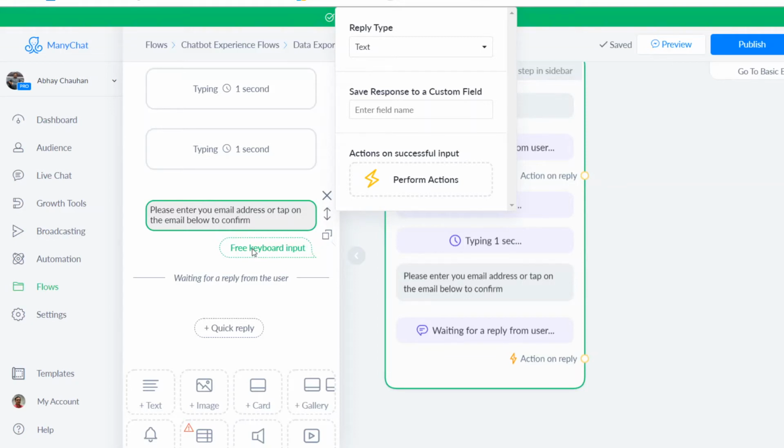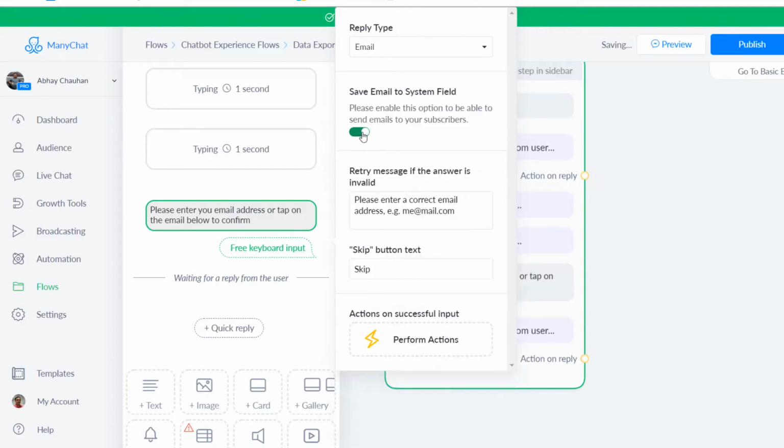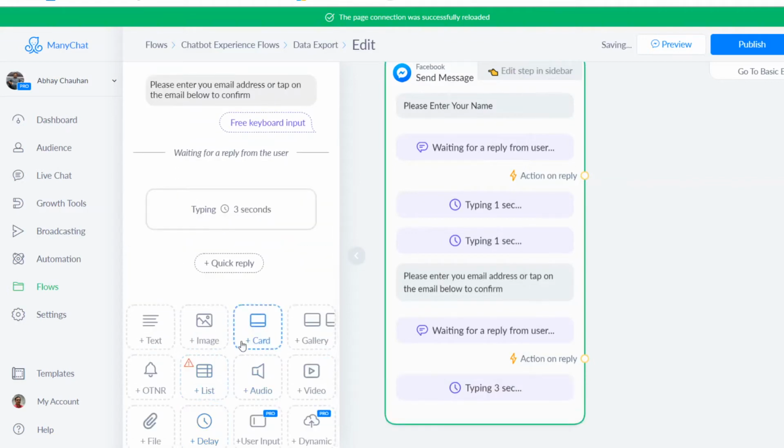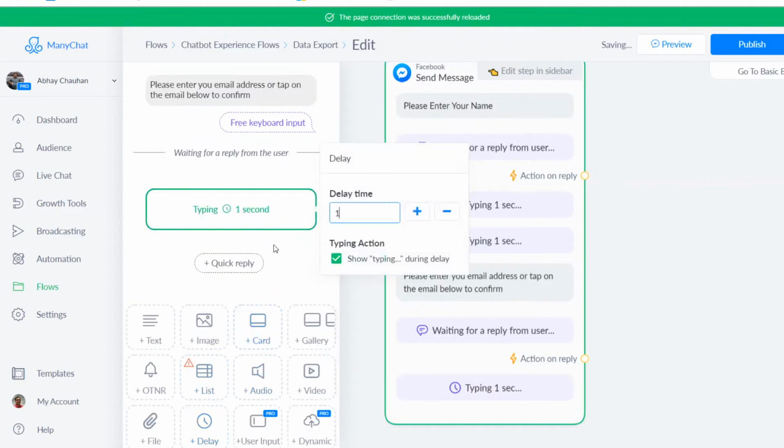So we'll now make it email, and we'll save it to the system field, and we will remove this skip part so that they cannot skip, right? That's fine, right? Then another delay, let us make it 1 second, right?